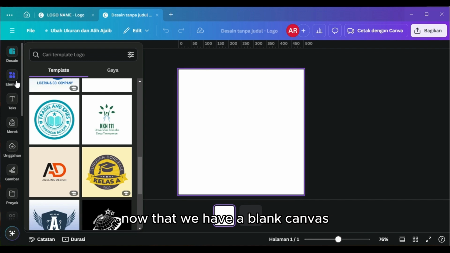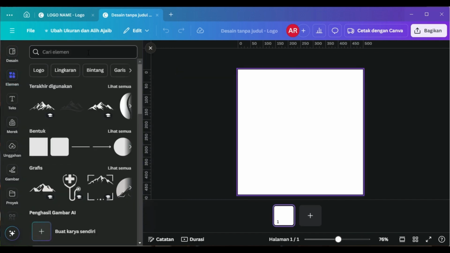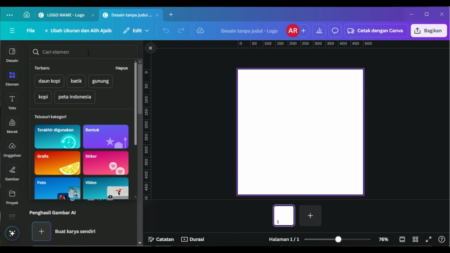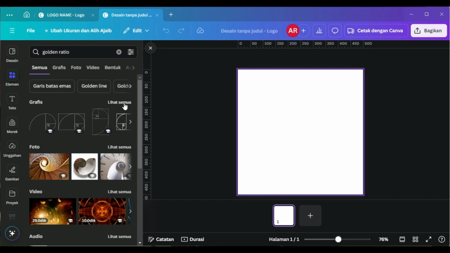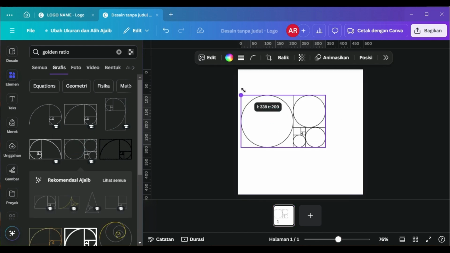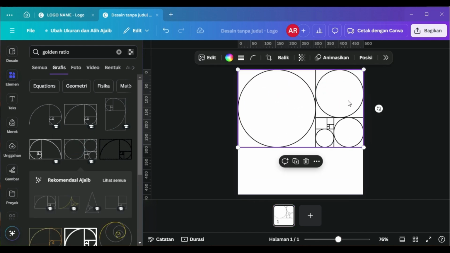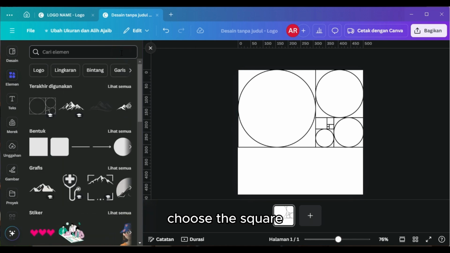Now that we have a blank canvas, let's start by adding the golden ratio element. Next, go to the Elements tab, and under Shapes, choose the square.